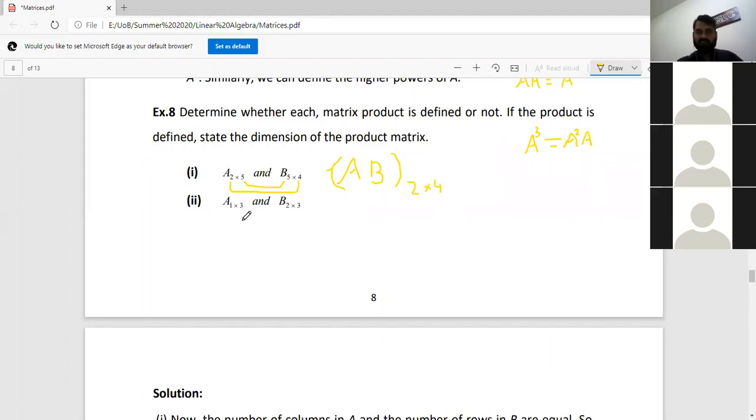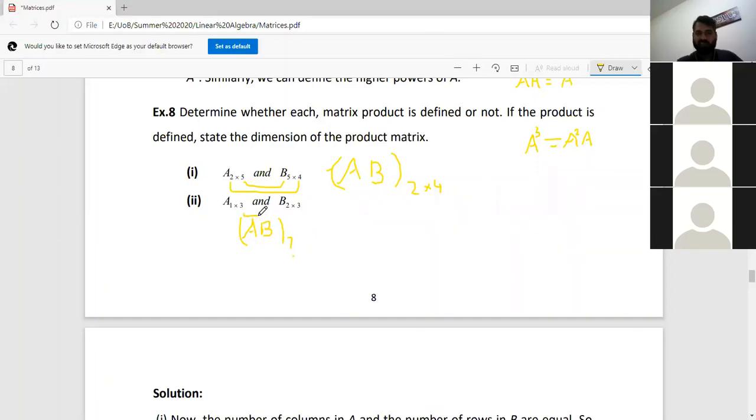Now in the second one, what will be the order of A, B? In the second one, what is the order? Error. Not defined. Okay. Not possible. Right? So this is no solution. Very good.